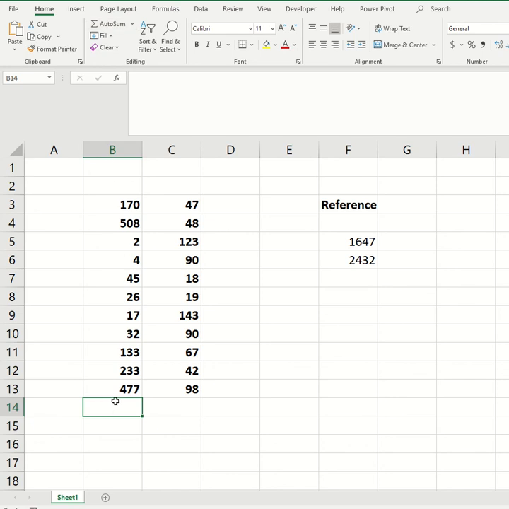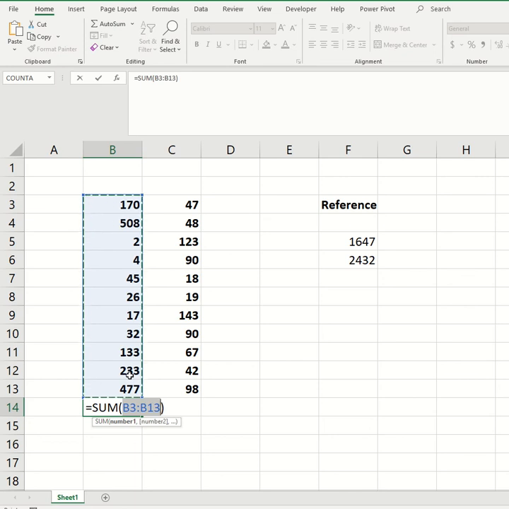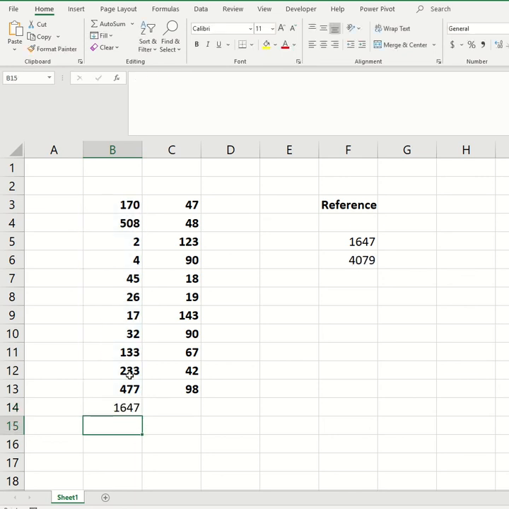In the cell B14, column B and row number 14, I want to add all the numbers from here. So how can I do that? Simply I can come here and click on the auto sum, so that will sum up all the numbers. Once you hit that button, it will give you 1467.